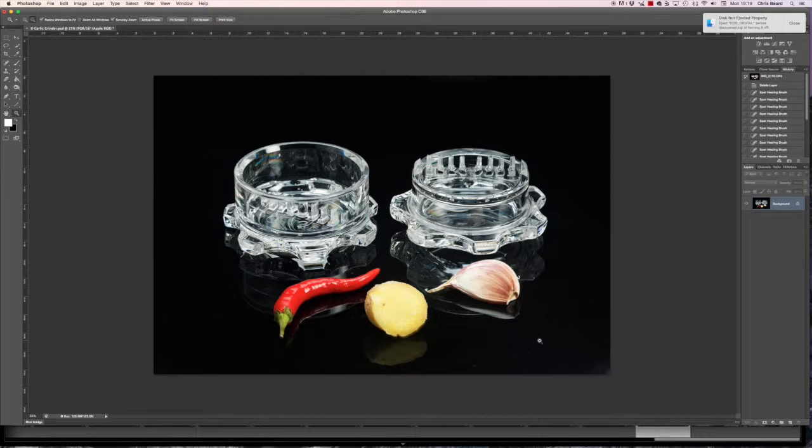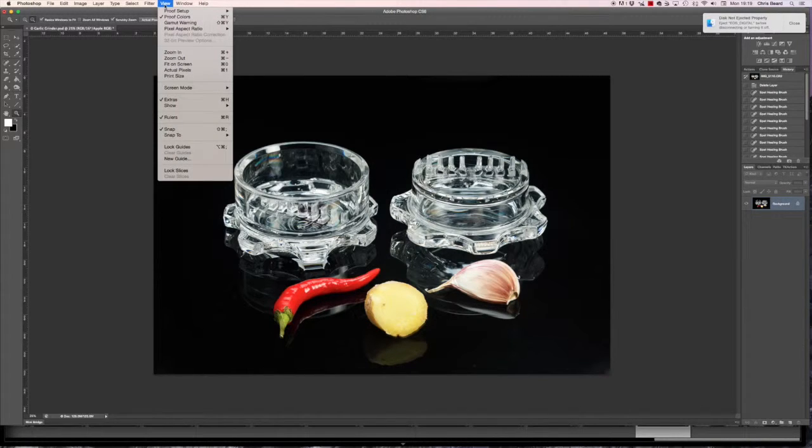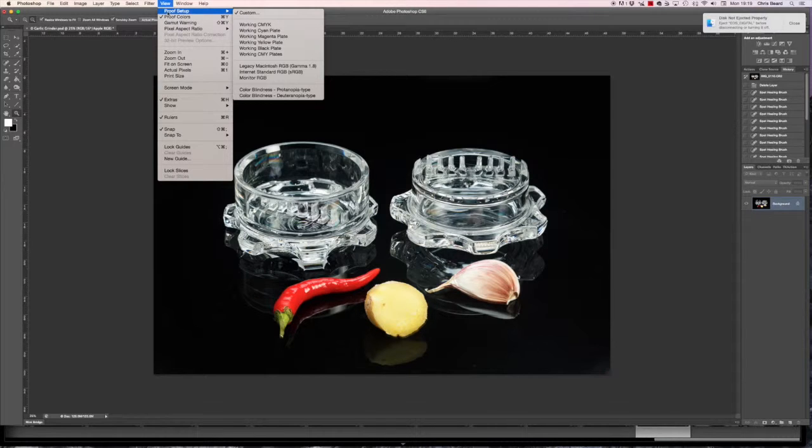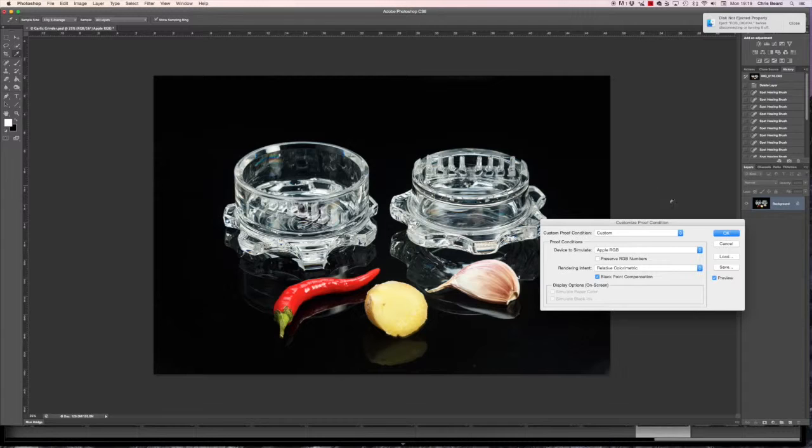So we have an image here that's open and we can play about doing edits to it. This is just out of camera, I've done nothing to this. But before I turn it into a JPEG, if we come up to the menu bar and we go in View, we have Proof Setup. This is to soft proof our image. So click on Custom